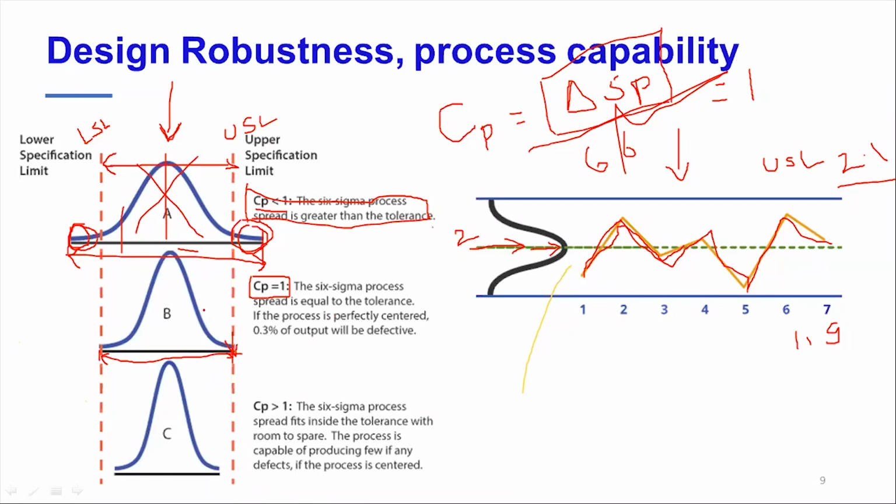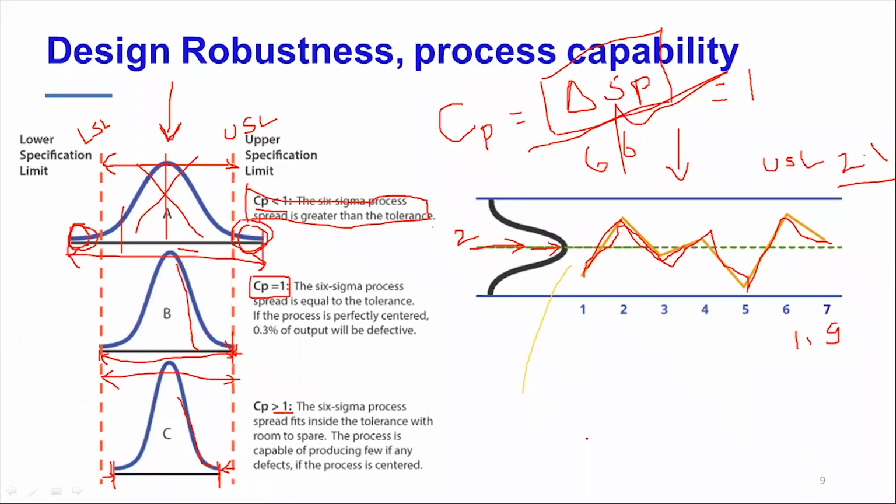So what is always good? It is always good that your extreme, let's say in case of C, is very well inside your upper spec limit on the right hand side and very well inside your lower spec limit on the left hand side. In this case, your 6 sigma is small and your delta of upper spec limit and lower spec limit is high, so the ratio is going to be above 1.